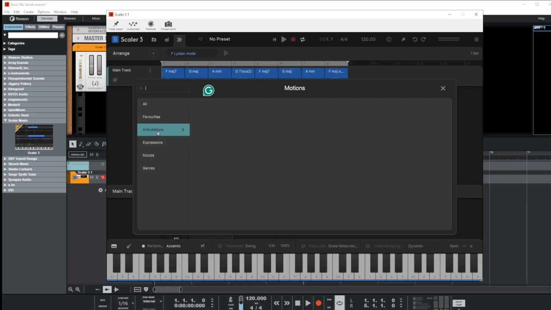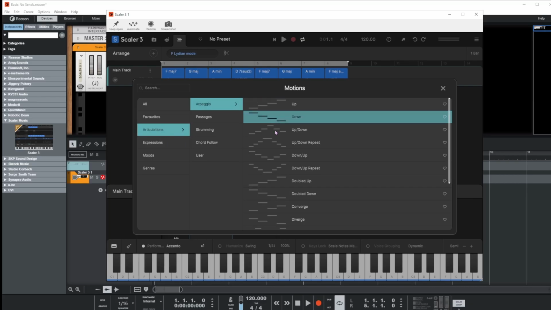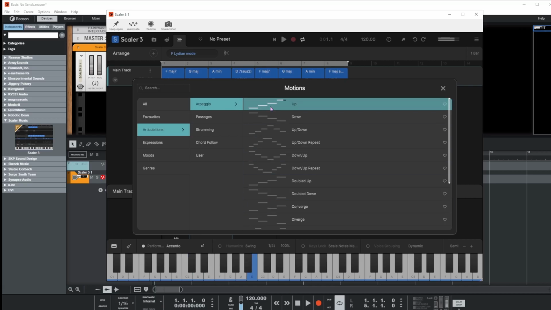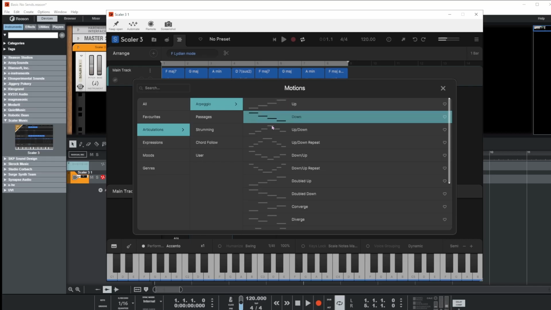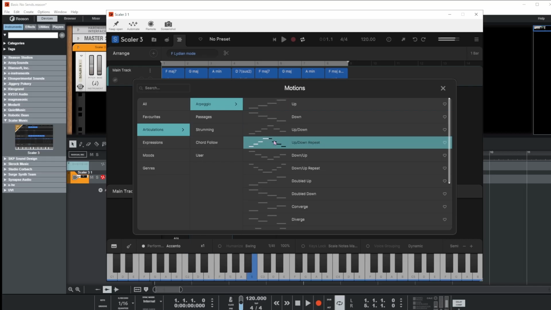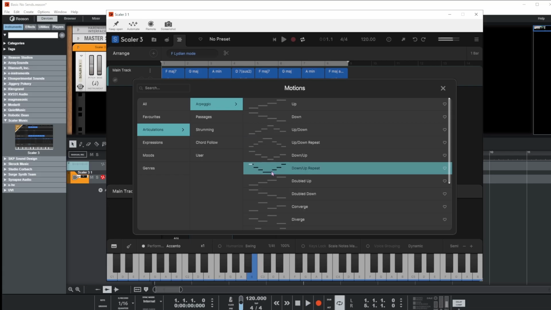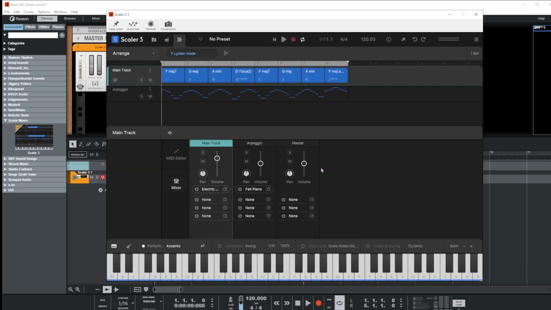So let's choose an articulation. Let's choose an arpeggio. Here's the cool thing. If I hold on any of these, it's going to give me a preview. And it would be the same if I was using a VST. I'm going to use that up, down, repeat. I'm just going to tap once on here and it will add it to the main track like this, but it will be playing the felt piano, right? So for example,